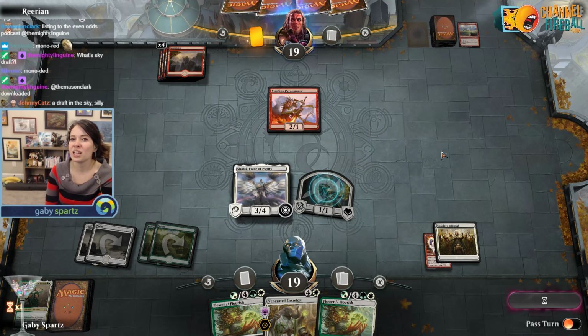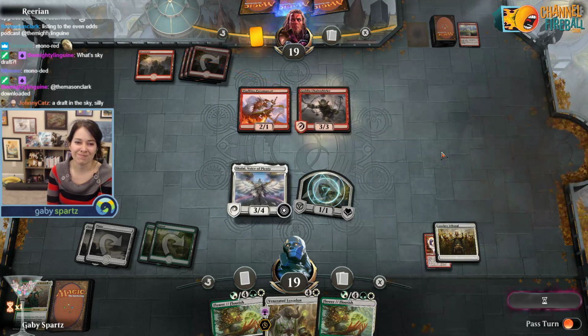What's a Sky Draft? That's when you get internet on your flight, and then you do a draft on...